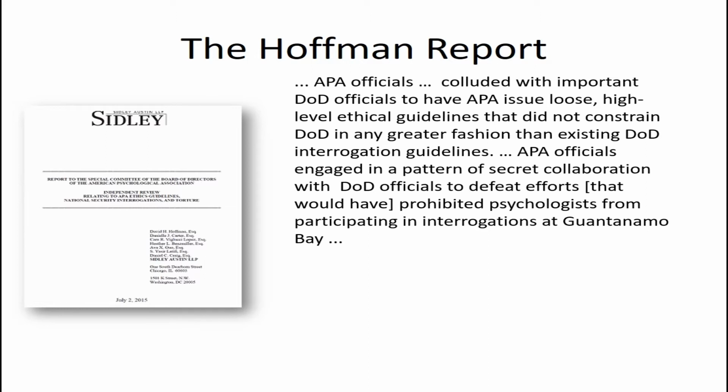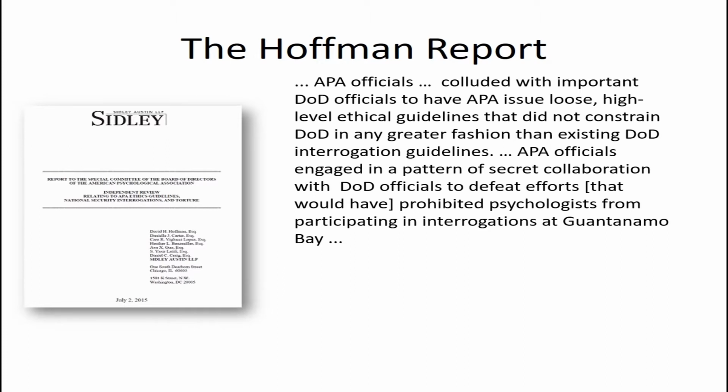Now, by way of background, on September 17, 2001, President George W. Bush signed a memorandum of notification granting the CIA authority to covertly capture and detain individuals who posed a threat of terrorist activity. On January 11, 2002, the first detainees began arriving at Guantanamo Bay, where both the CIA and Department of Defense had set up interrogation facilities.